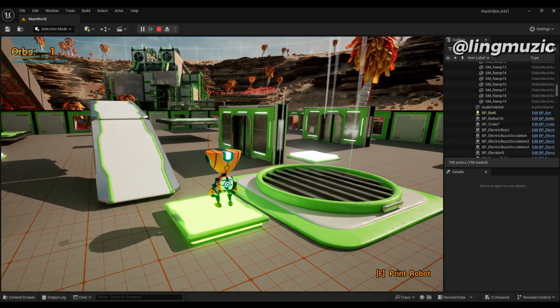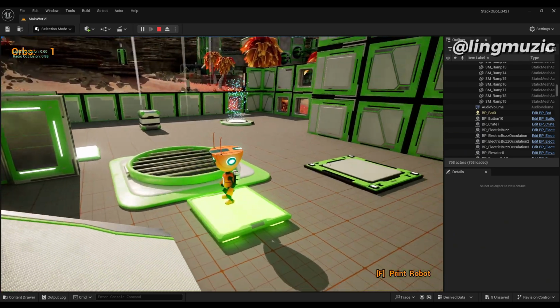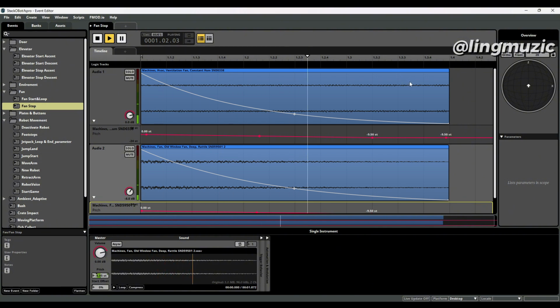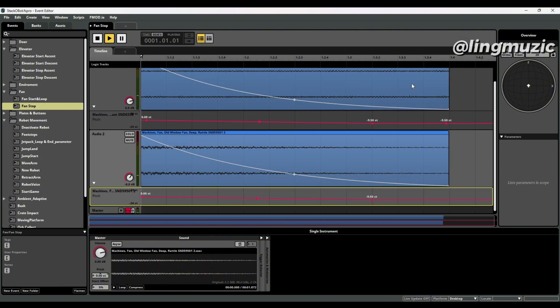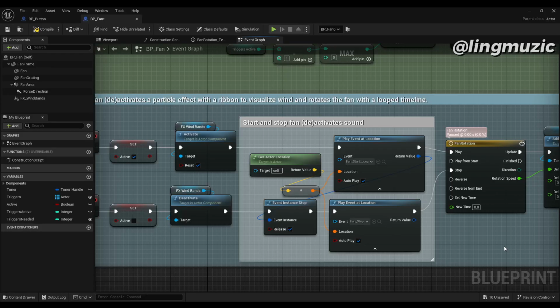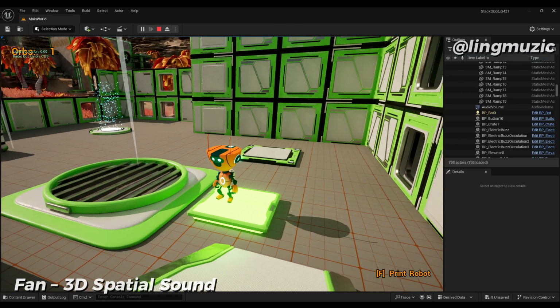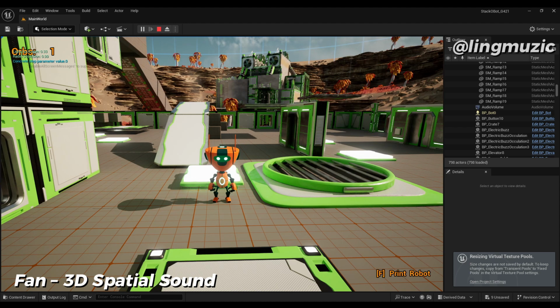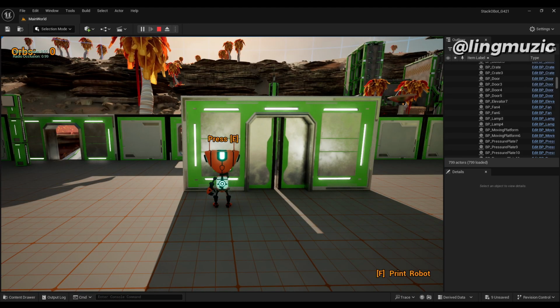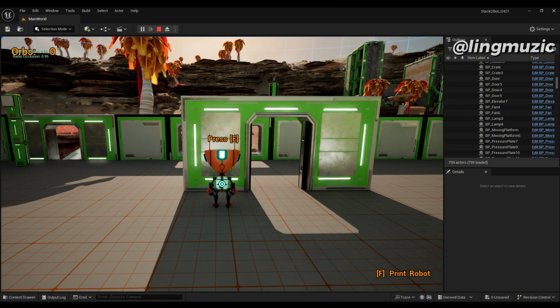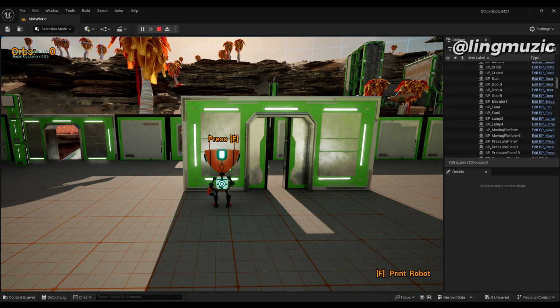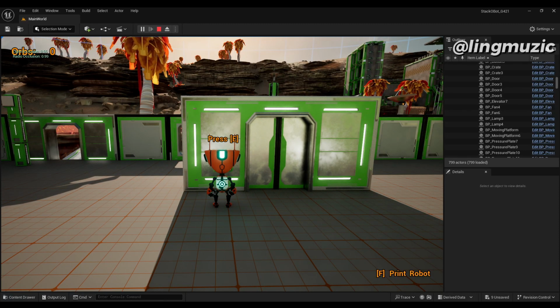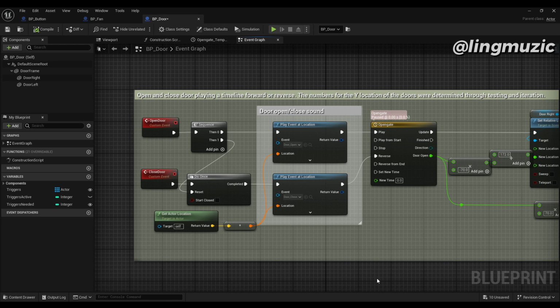The fan combines a blade rotation sound and wind sound. When the fan stops, I fade out and change the pitch for a soft wind down. The logic is similar to the elevators. Start and stop triggers control everything. For the door, I imagined something air-sealed and heavy, so I emphasized that air pressure sound on opening. In Blueprint, I just added play sound nodes after the open door and closed door events.